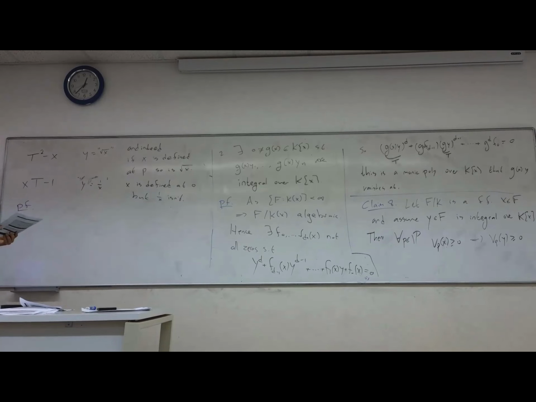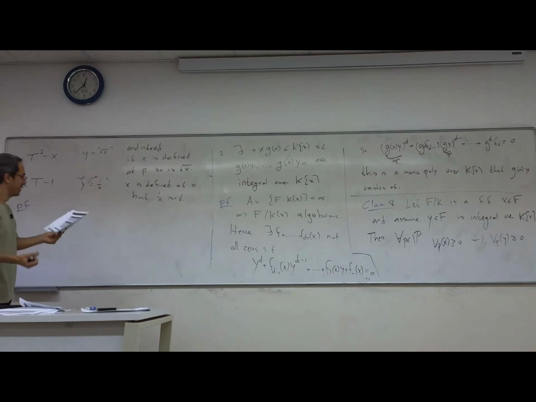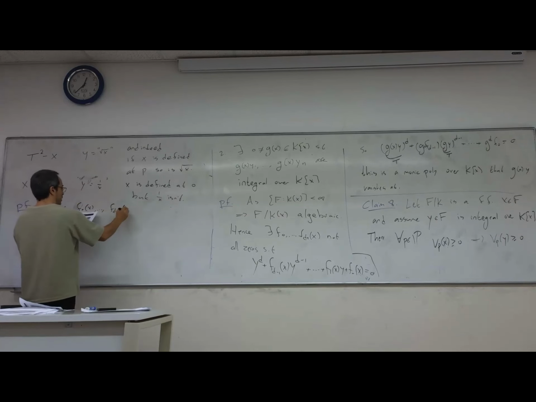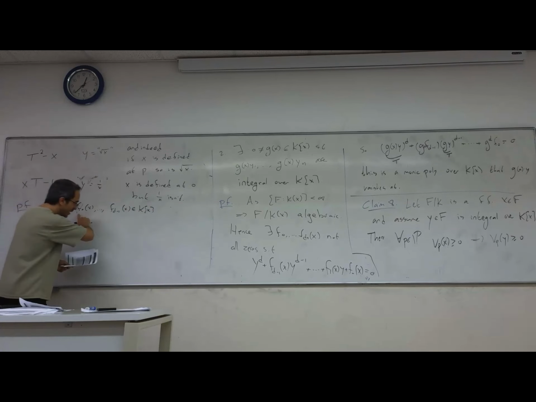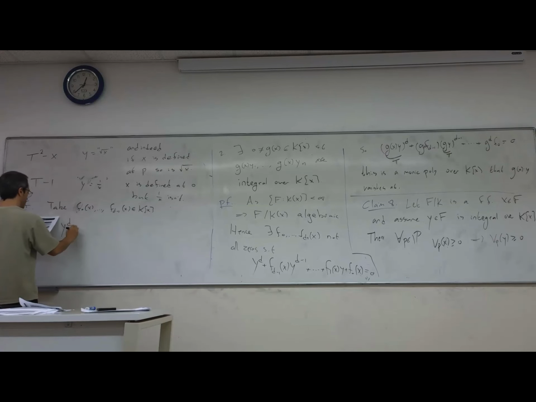Yeah, so let's prove it. It's a one-line proof, but it's a kind of a smart one. Well, it's like a 7-line proof. So we know that y is integral over k of x. Let's see how we use it. Because of the integrality, you can find a monic polynomial over k of x that y vanishes at. So these are the coefficients. Let's say that these are polynomials in x such that